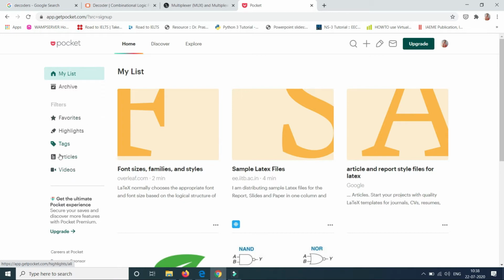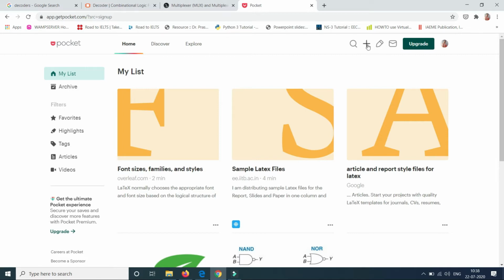That means you can save all your things, all your content that you are watching on web pages or online, and you want to save that content for future readings or future references. You can easily save it to your pocket. Now how it works: there are three main options through which you can save your content, your web pages, your articles or your videos to Save to Pocket.